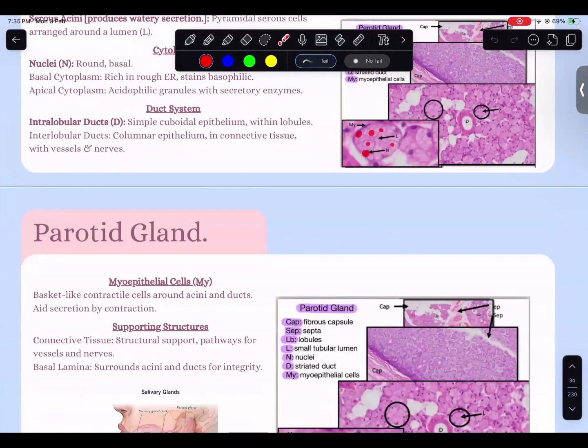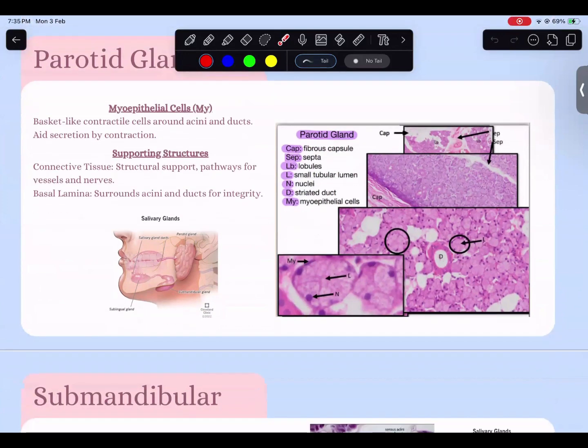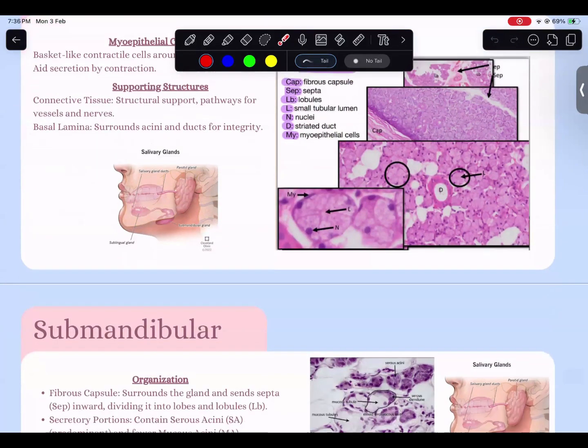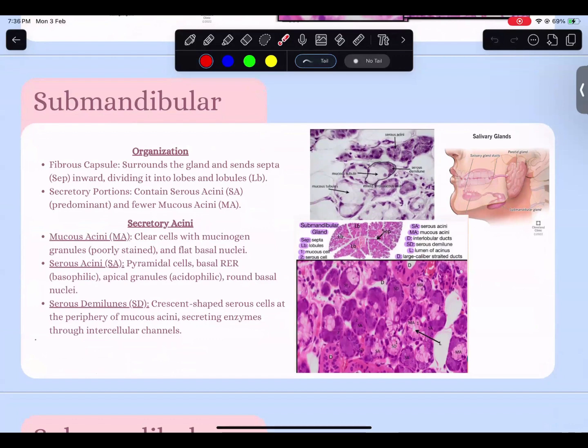So parotid glands are mostly serous glands. They release watery secretion. We talked about the myoepithelial cells. These are the myoepithelial cells, and there's connective tissue all around for supporting structure. Okay, going into the submandibular, we know that the submandibular is